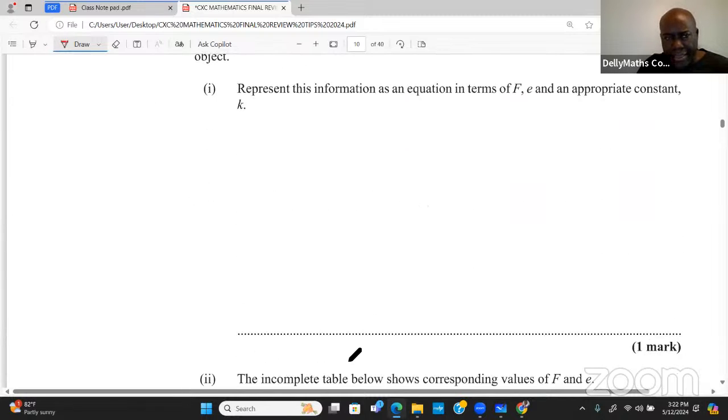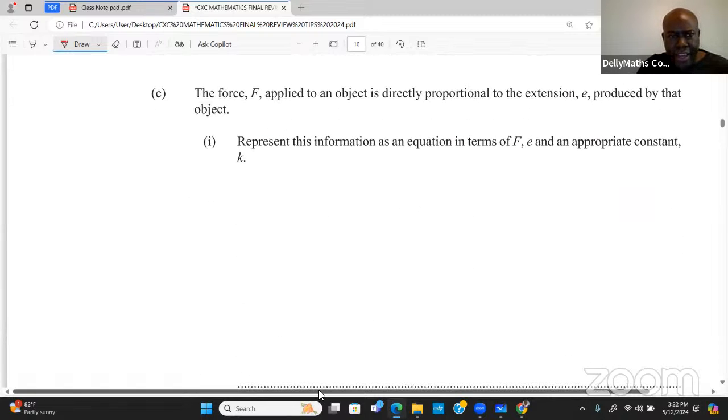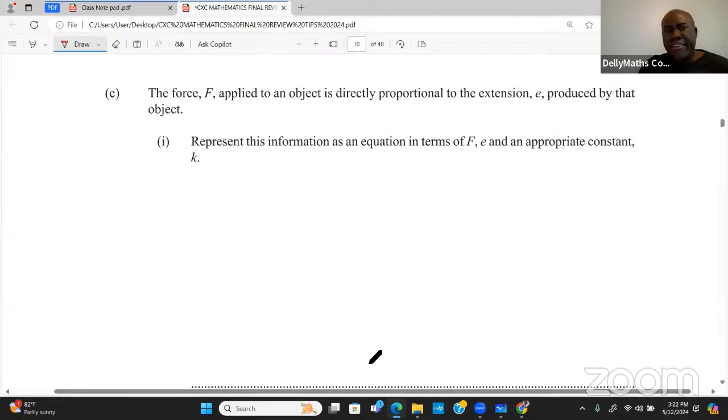All right, let's take a look at this. This looks like it's a variation question. Variation is a topic that comes a lot, right here at number 2. This is the only place it comes, right? So let's read the question and then put it in the right context and then see if we could go through. It says, the force F applied